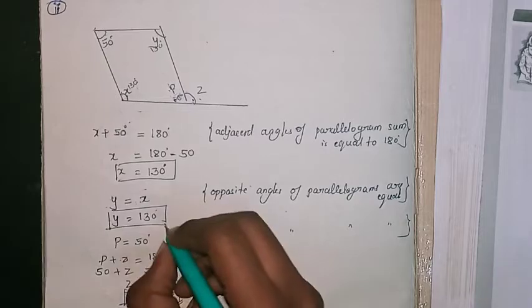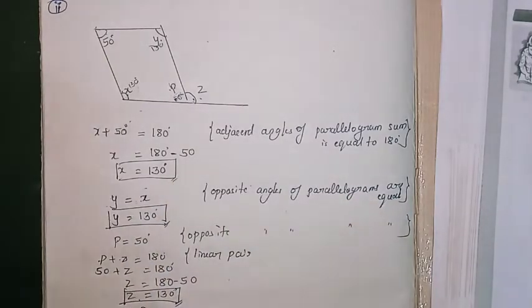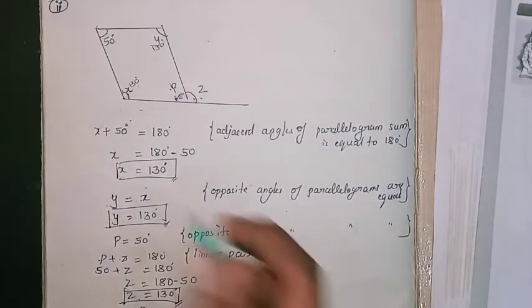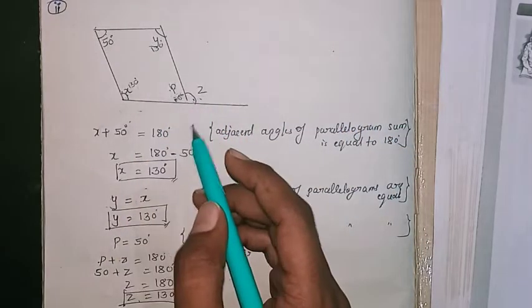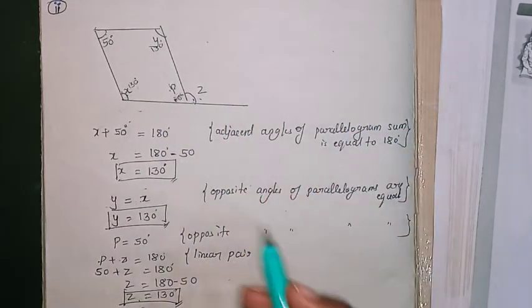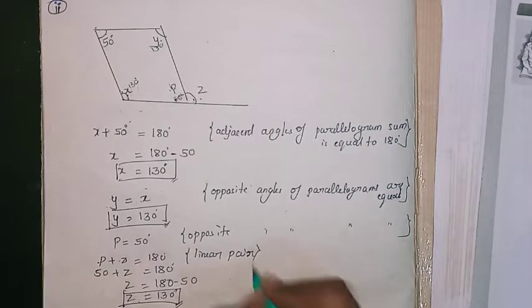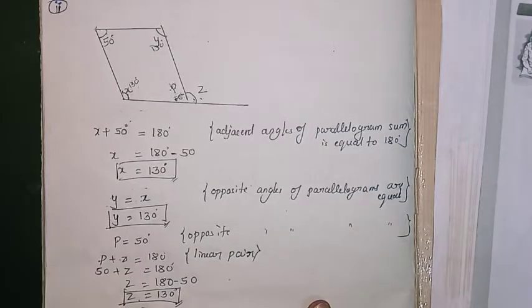So this is Z, Y and X value. So even as I told, X is equal to Z we can write because these are the corresponding angles. So you can write that one also. So any one method you follow. Okay. So this is the second problem. Let's move towards the third one.